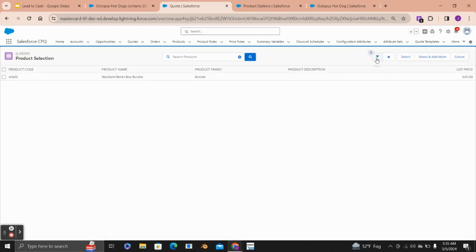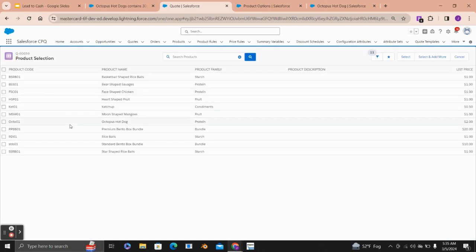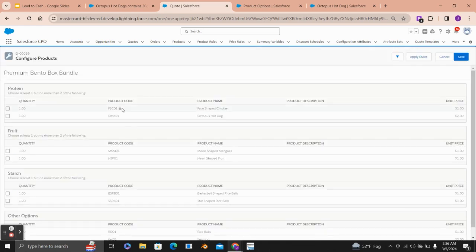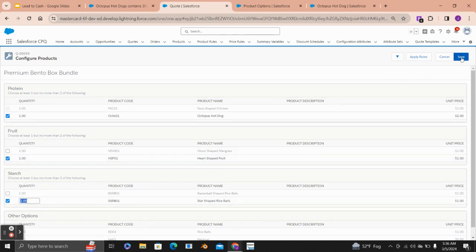We have a filter here. So I want to clear, clicking on the filter, clicking clear all fields, click apply. I want to get to the premium bento bundle. So if I click select, so here we have our octopus hot dogs. So we want to select it. And then as you can see here, we're required to select at least one fruit. So let's select this so we don't get an error, and we're required to select one starch. So if I click save,